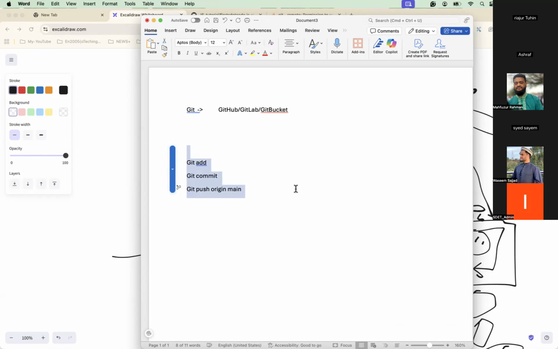Wait, can I share my screen to download Git, because I have no Git. Sure. I'm having the same issue, just like Mahfouz bhai. Yeah, I think you guys don't have